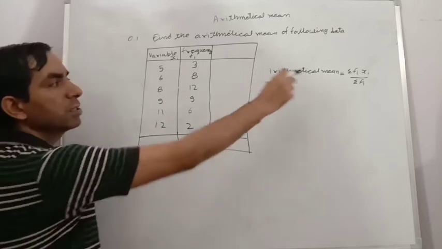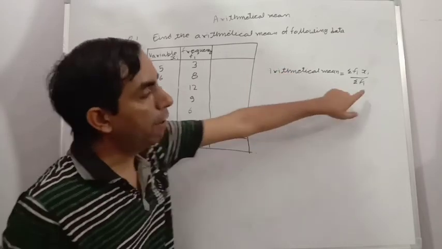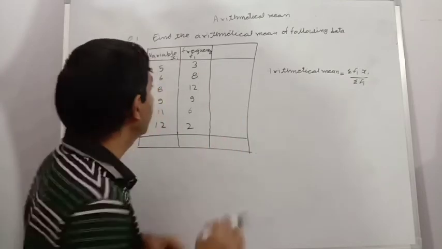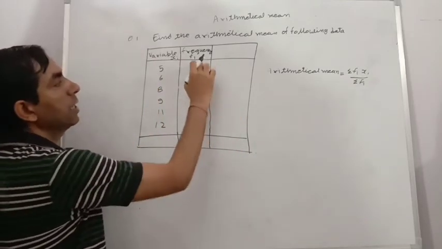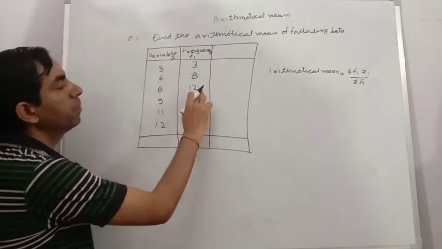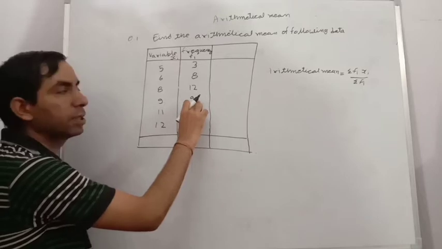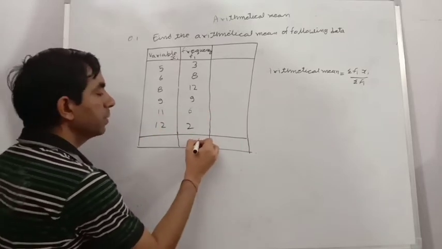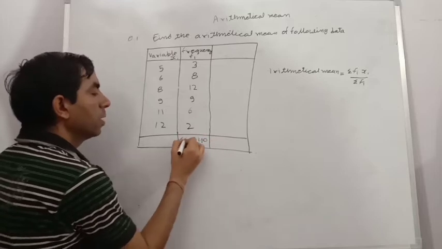By this method, first we see that f in the denominator is single, so find the sum of frequency. Here we find the sum of frequency: 3, 8, 11, 11 or 12, 23, 23 or 9, 32, 32 or 6, 38, or 2, 40. Meaning summation of fi is 40.